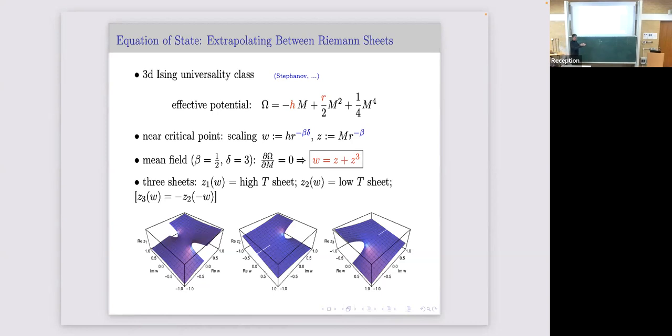Suppose you start with a low-order expansion on the first sheet of the solution to this cubic, in this vicinity. How far can you extrapolate that on the first sheet? But more importantly, can you go on to the next sheet? The next sheet is the low temperature behavior of the system, and the first sheet is the high temperature system. Since it's a universal property of many statistical physics systems, even though this may look like a simple problem, just solving a cubic, this has applications in many cases. So let's see what happens.